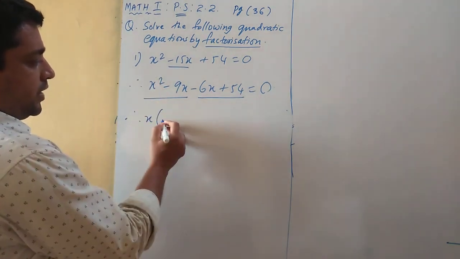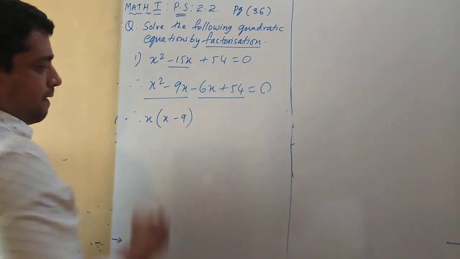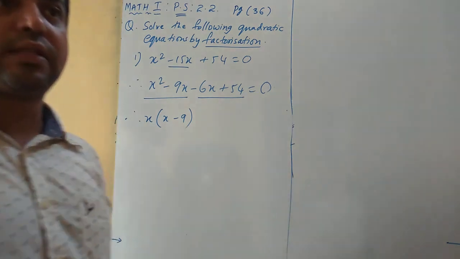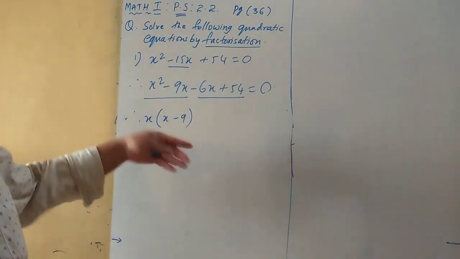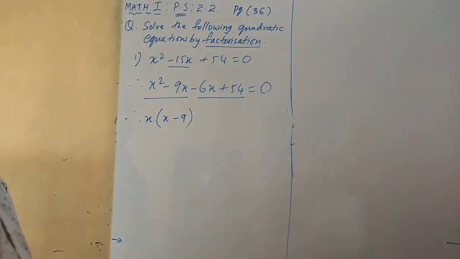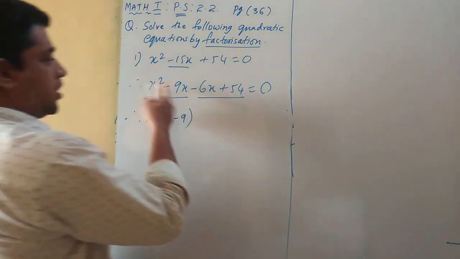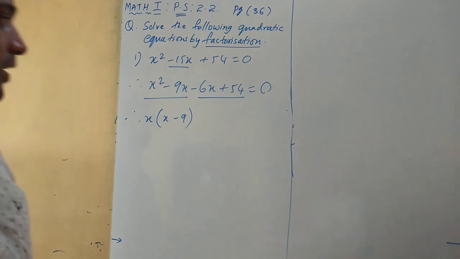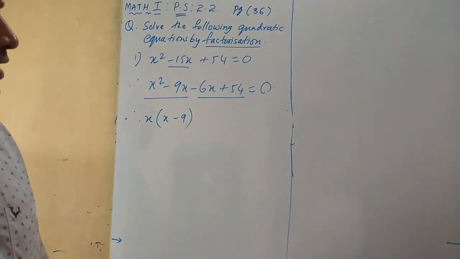One x will remain, correct? So x minus 9. This is how you proceed further. Okay, this you have done in, I think, lower class, 7th, 8th standard, where you have studied factorization. Is it clear? So again here, now here we got a variable as common. So in your second pair, always you will get the number as common.